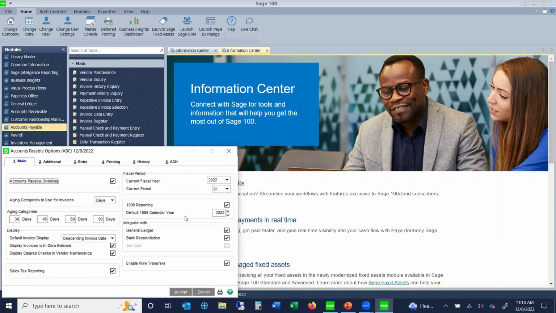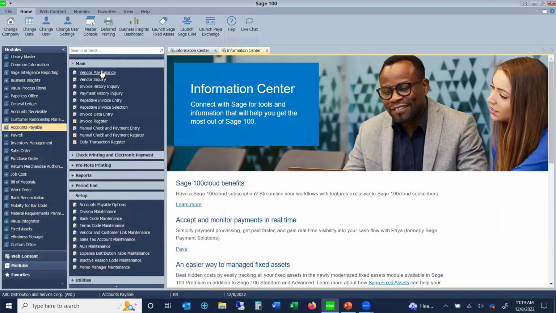And then your default 1099 calendar year. Each year, you should update that, and as we go through in a little while, you'll see how you can do that automatically without coming in here to the setup options. So we're in 2022,